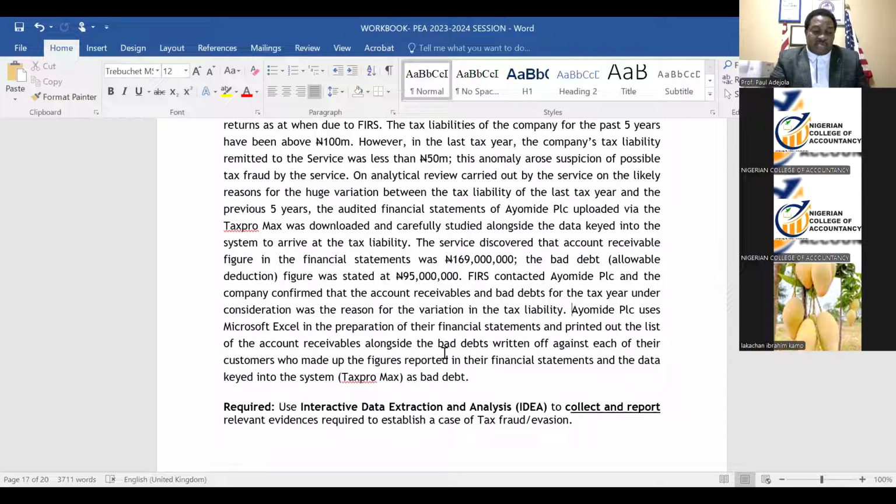I don't know if you are doing tax in your PEA. We have allowable deduction, non-allowable deduction, and bad debt is one of the allowable deductions. And what Ayomide is claiming is that the reason why their tax liability was lower for this particular year, below 50 million, is because of the bad debt. They have a lot of doubtful debts, and they have written them off. Anyway,